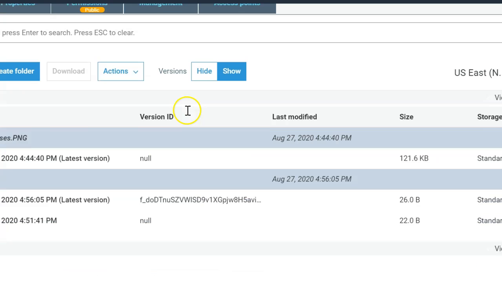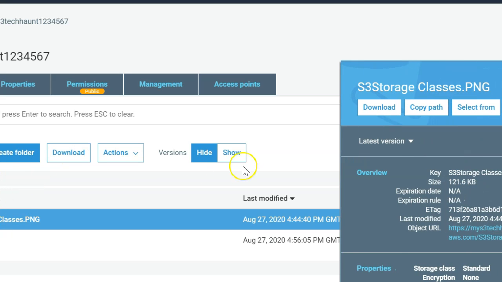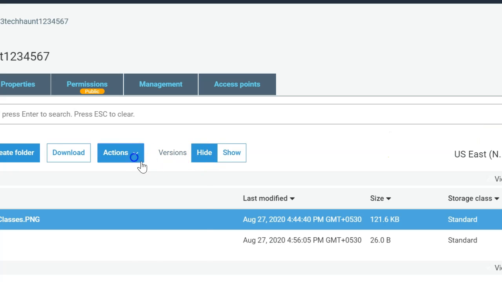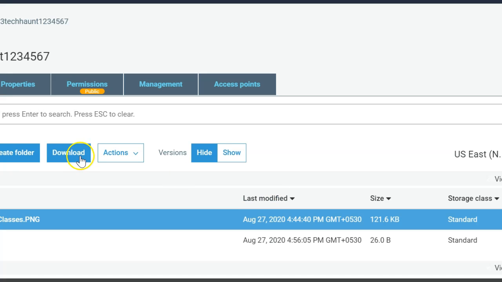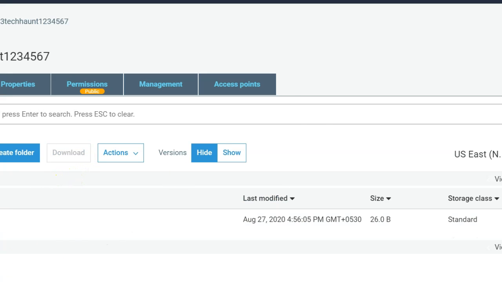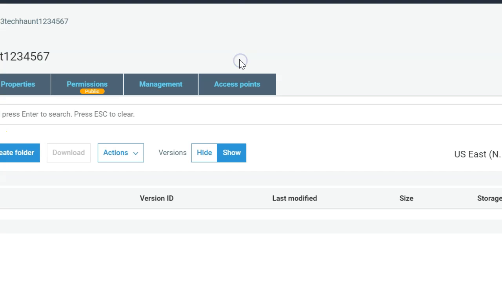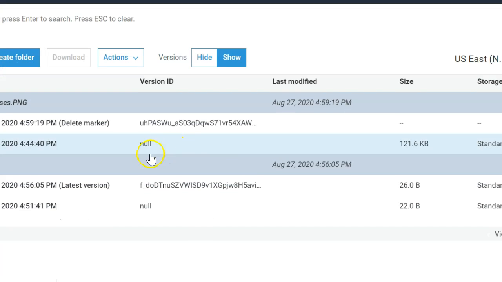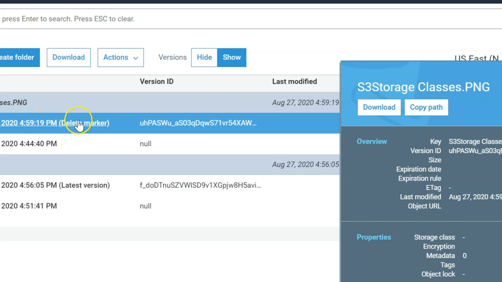Let's take a look at what would happen with my file if I'm going to delete it after the versioning. So let me just select this one. So here you just need to hit this delete button, and yeah, that's fine. I'm just going to delete it. So you cannot see that particular file here because that's deleted, but it's not deleted in actual. So just hit on the show button, and now you can see it's with the delete marker. So that's the latest version, but if you have deleted any file, it will be available in your S3 bucket with the delete marker. Okay, so that's how it will still be in your S3 bucket.